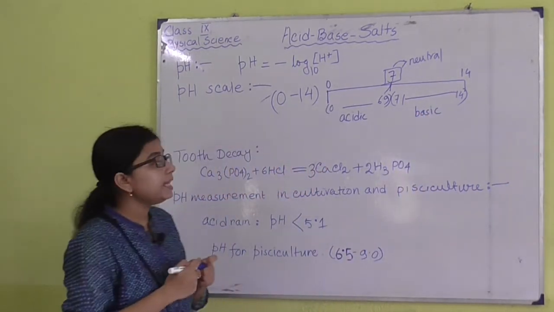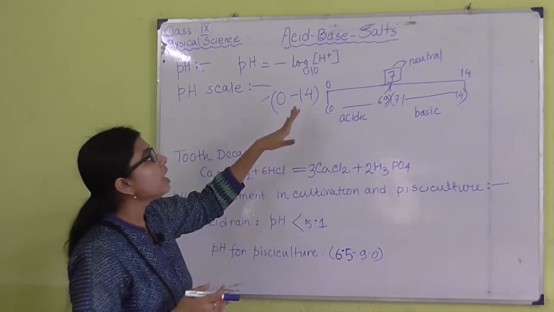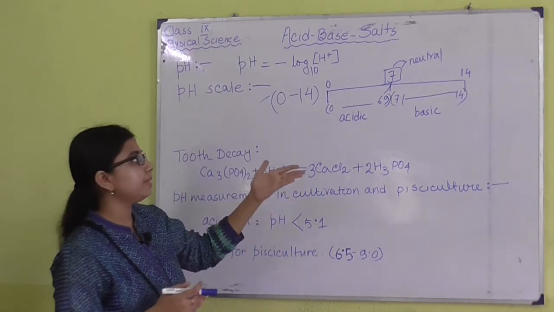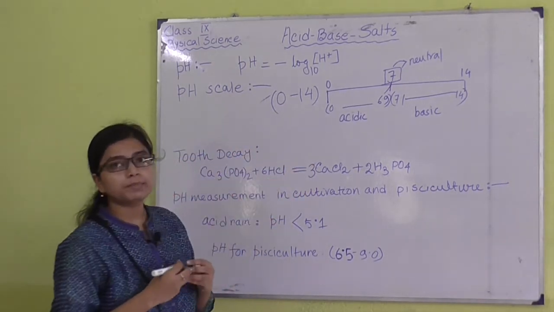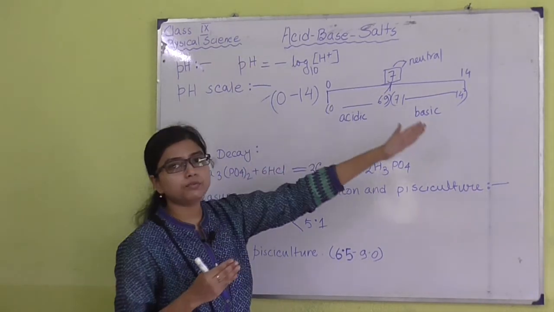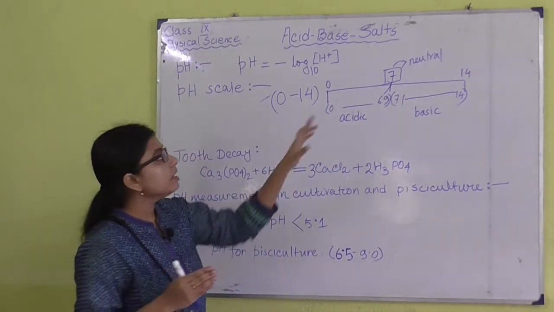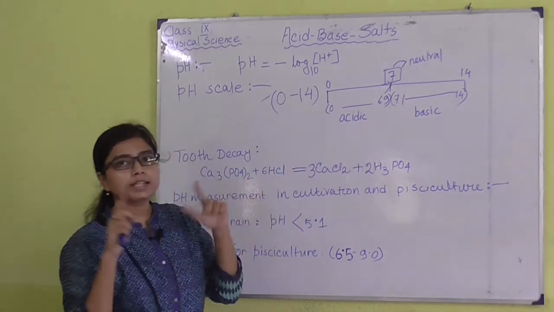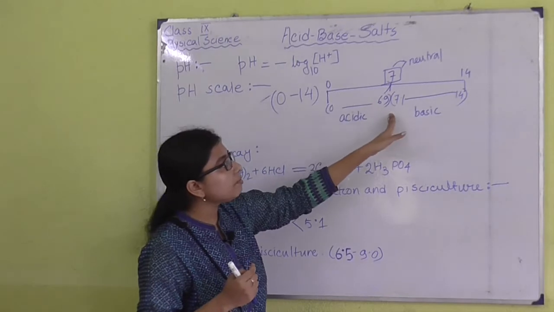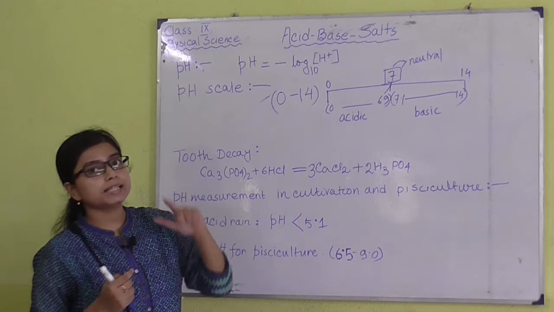So, pH scale is a scale where we have the concentration of H+ in terms of pH. That scale is known as pH scale, and numerically we have the value from 0 to 14, and from 0 to 6.9 it is acidic. 7 is the value which is known as neutral, that means it's neither acidic nor basic. From 7.1 to 14, the value indicates that the solution is basic in nature.